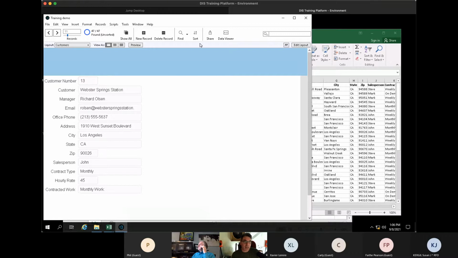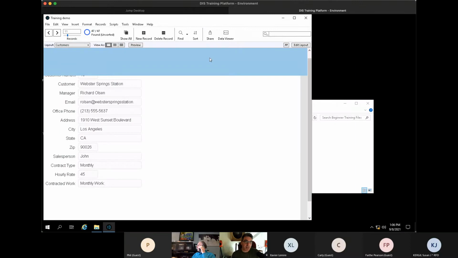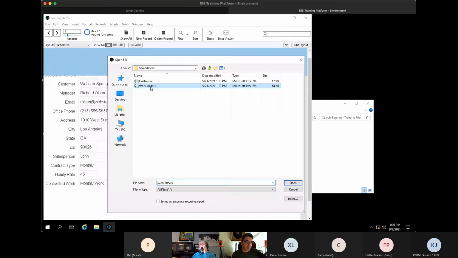Okay, so having just done that, that's the first import. I'm going to do that one more time, and I'm going to import the other spreadsheet in that folder. By the way, the spreadsheet does not have to be open. And I'm going to just go through those steps again, and then one of you guys can volunteer and share. So File, Import Records, File. This time I'm going to choose Work Orders,